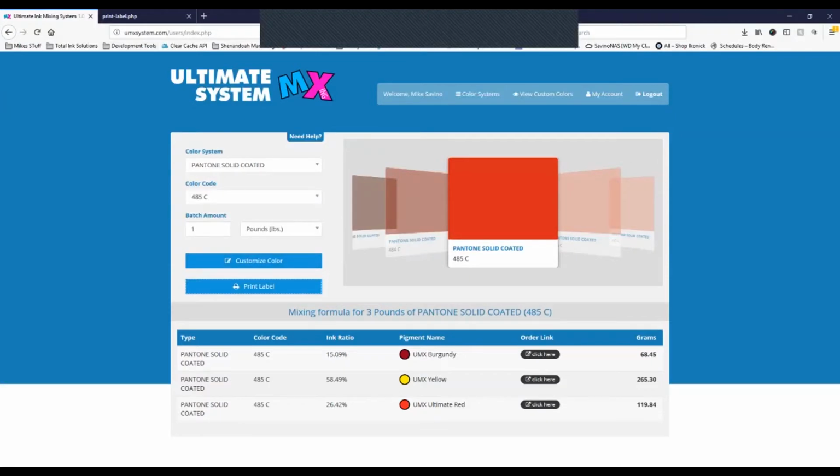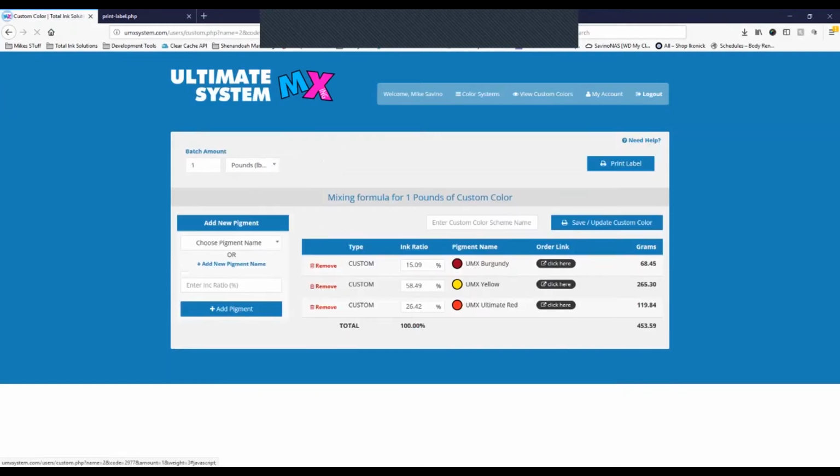Say this color is off by a little bit. You can click on customize color right here, and you can adjust this color accordingly. If you want to add another pigment to it, or bring the tone down on the yellow a little bit so that the red pops a little more, you can adjust this percentage here, and so forth. Once you're done adjusting that color,